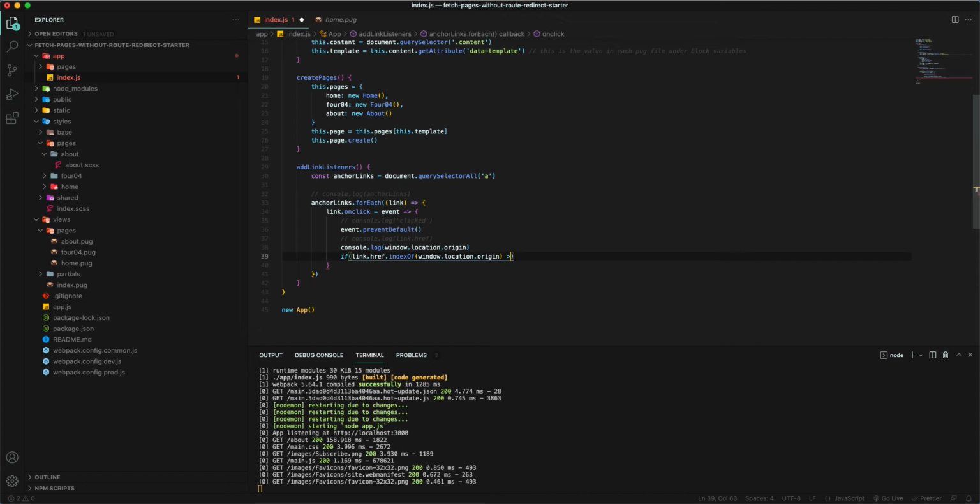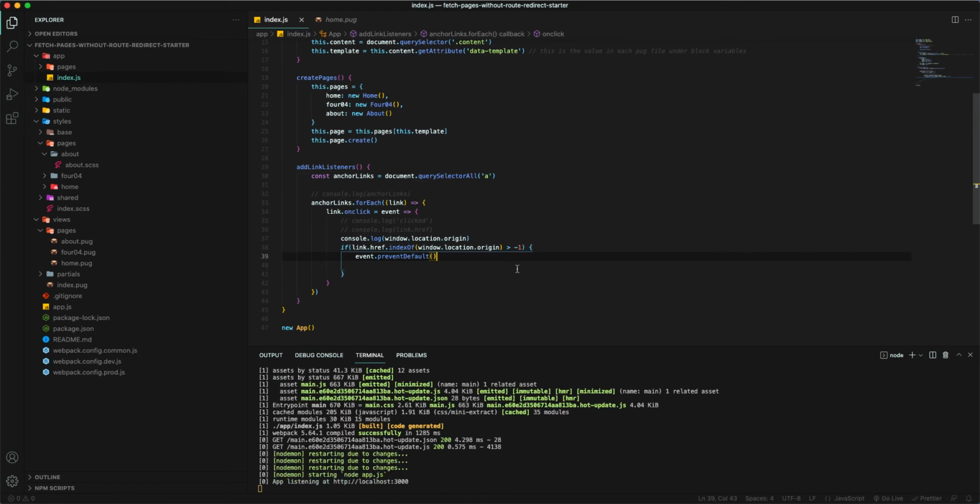That's what we wanna check. As I mentioned, if it's greater than -1, that means our href includes our main domain. Right now it's localhost, but eventually in production it will be yourwebsite.com. And what we want to do there is preventDefault. So if I move this guy down here and save it, what we're gonna see is